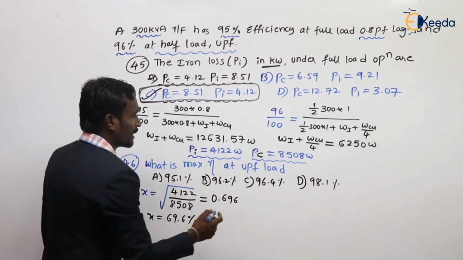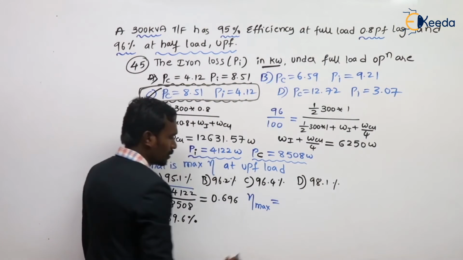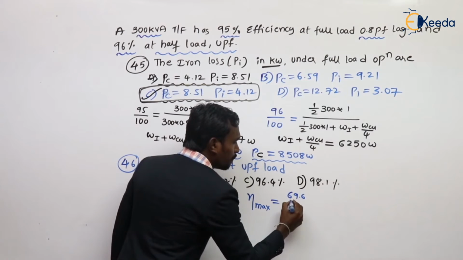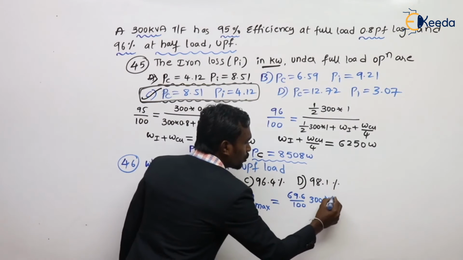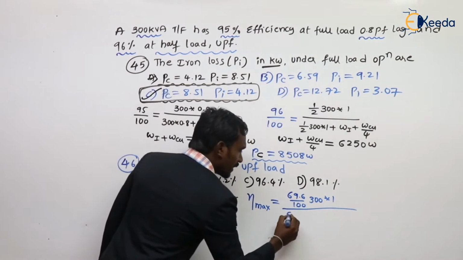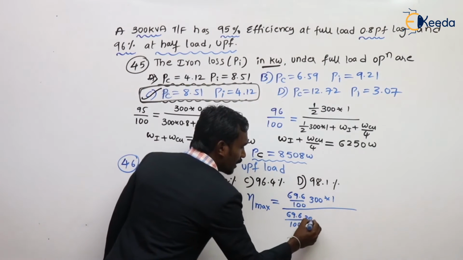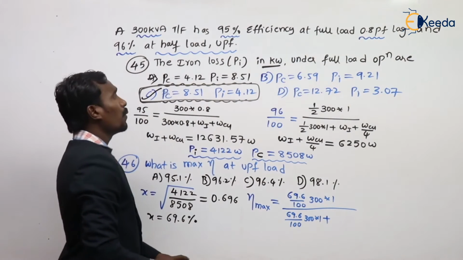So calculate that maximum efficiency. The maximum efficiency is equal to 69.6% of 300 into unity power factor, divided by 69.6% of 300 into unity power factor plus